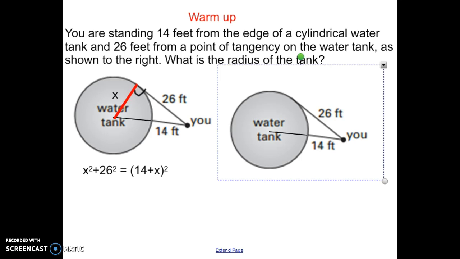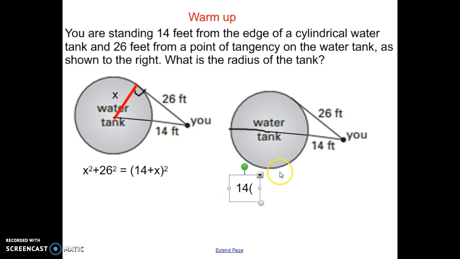Some of you that did this had a little bit of a problem because if you're going to do how far it is from a point to the circle, you have to make sure you go to where the line intersects with the circle. In other words, we have to do from this point P, where we're standing, to the first place it intersects the circle, times from where you're standing to the second time it intersects the circle. So that is 14 plus the diameter, because you're going all the way across the water tank, so that would be a diameter. And that is going to equal